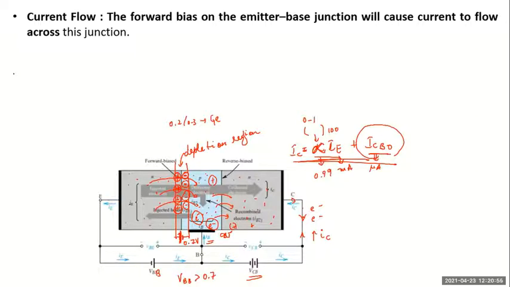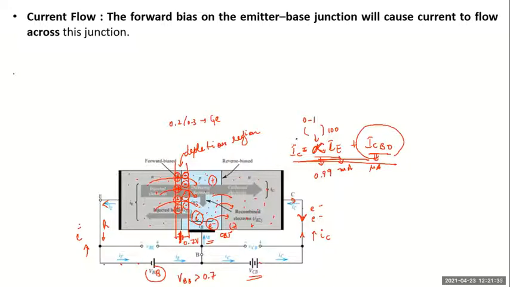Remember, the emitter current is constituted because of movement of electrons from the negative of the supply. It is like this negative of the supply VBB will be supplying electrons in this direction. So electrons will move like this, and holes are moving in the opposite direction. That's why the emitter current is coming out of the emitter. Whereas the collector current, electrons will be moving from the collector to the positive of the supply. We saw electrons will be moving downward. Therefore, the conventional collector current will be in the opposite direction.